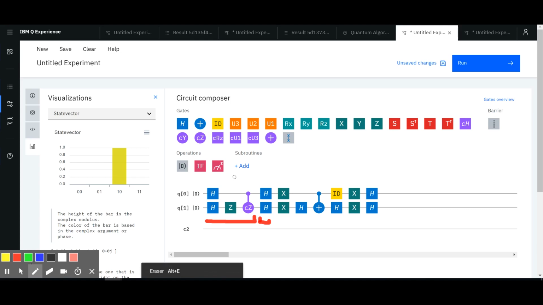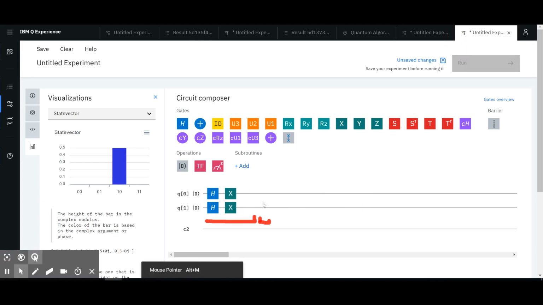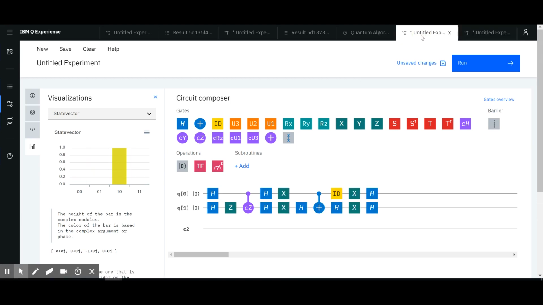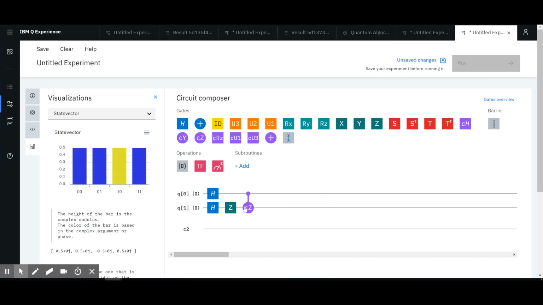So if I'm here, let's clean that up, and we're flagging this 0, then we're doing a Control Z. Sorry, we're moving the X here, right? So back. So we're kind of reconstructing this. So we're now here. You have this flagged, and because of that, when we now apply the Hadamards, what has happened